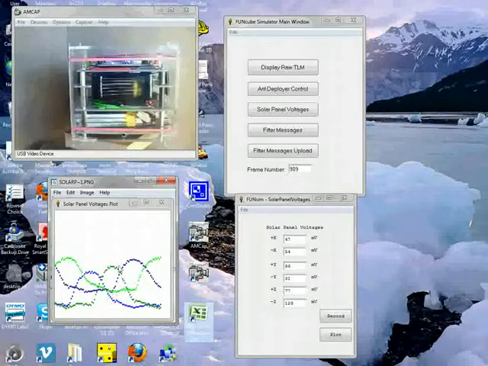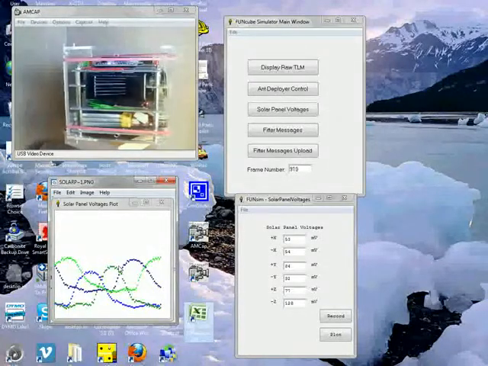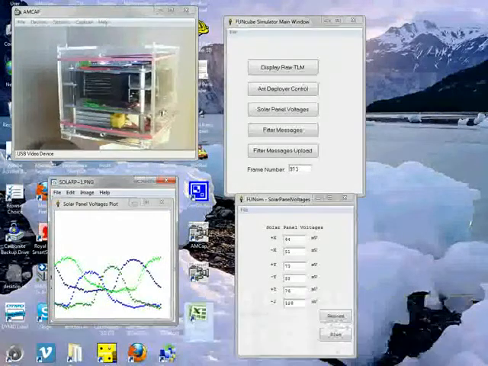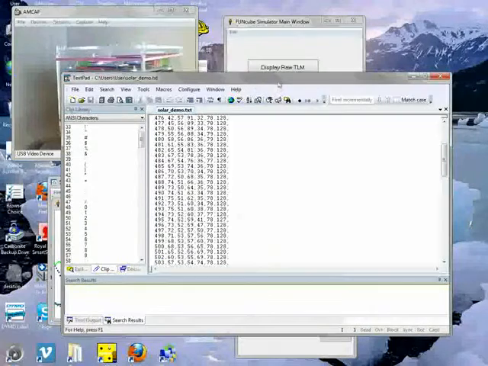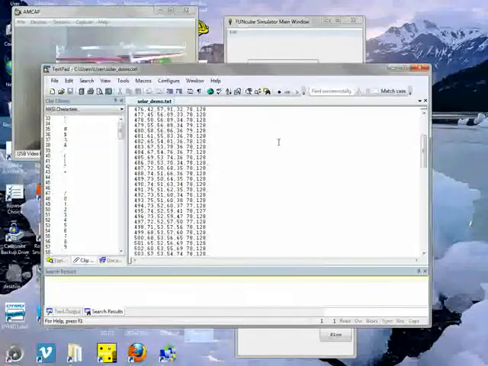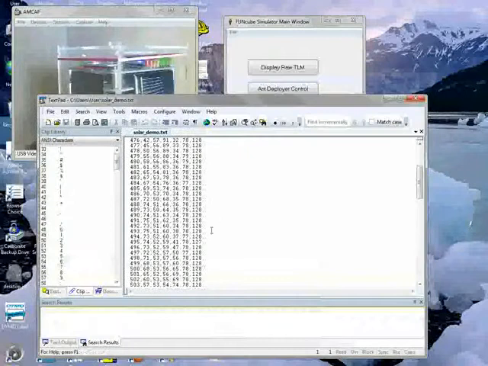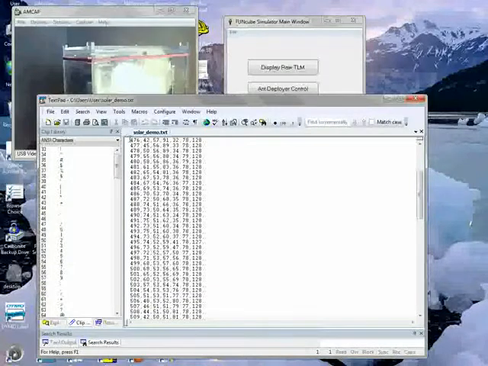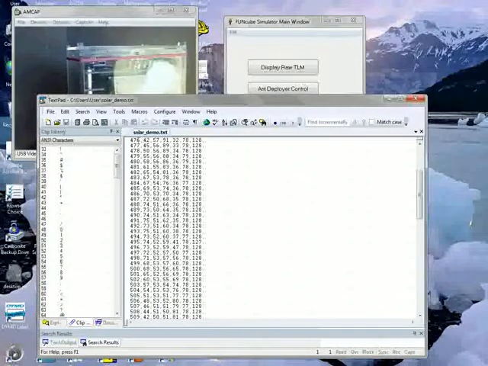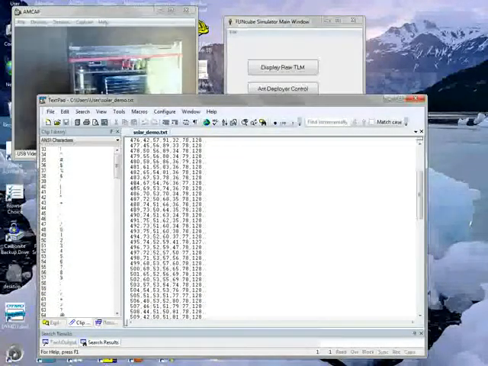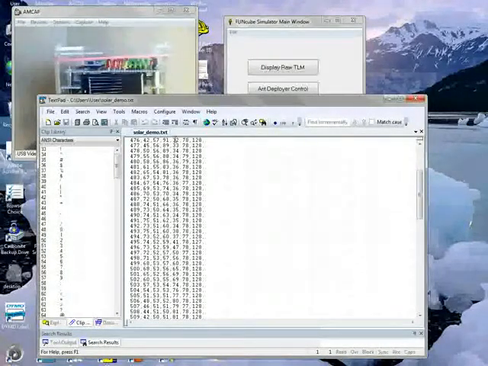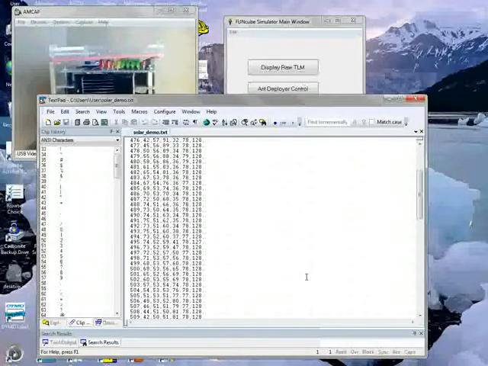And one of the ideas behind this is just to demonstrate how, as I understand it, one of the things that is part of the curriculum is that students are required to plot data in different formats. So they could actually take this and by plotting the frame number against the voltage on a bit of graph paper, either for one or all the other solar cells, they can actually produce a graph for themselves, and that,